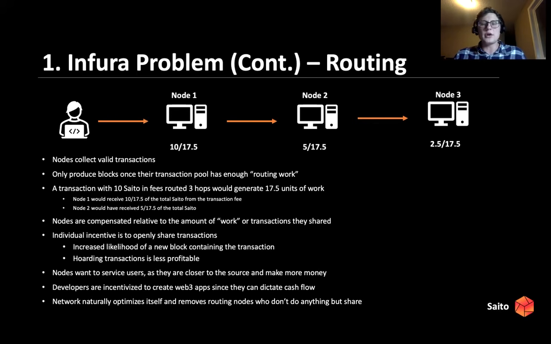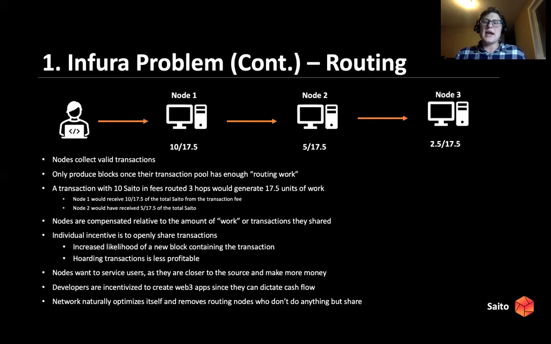I'm going to cover routing first, because that is probably the most important aspect of the Saito consensus mechanism. Much like with other blockchains, Saito nodes also collect and validate transactions, and after validating them, they share the transactions with each other. Instead of hoping that a transaction hits a miner and eventually gets posted onto a block that way, Saito allows nodes to post blocks on the blockchain if they satisfy a routing work threshold.